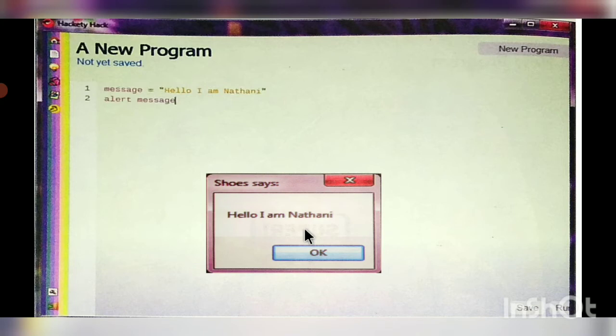Okay students, shall we do another program? For example, if I want to display two kinds of messages, you have to write using variables. How? Listen. For that I am using the variable message is equal to. The first message is hello, and the next message I want to show is hi. So for that I am typing message 1 is equal to. First you type message is equal to hello, and the next one you type message 1 is equal to hi. These two are variables only.